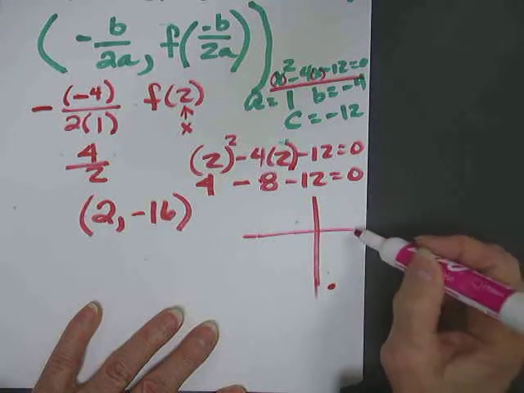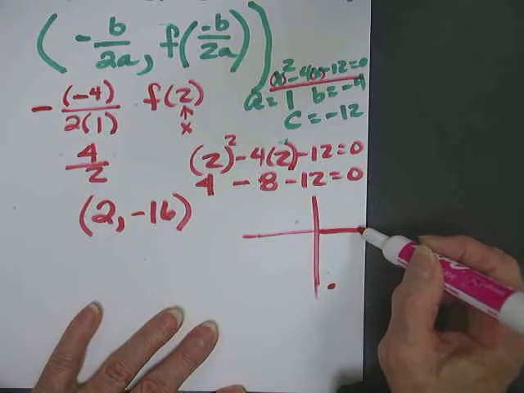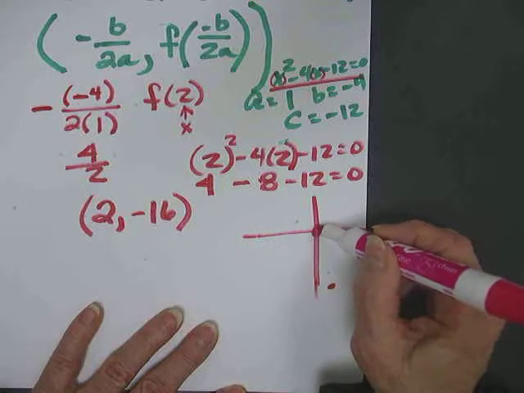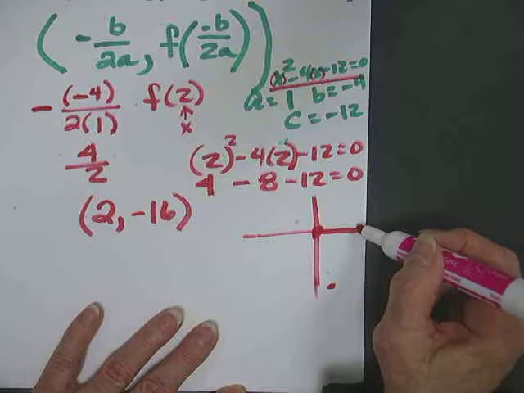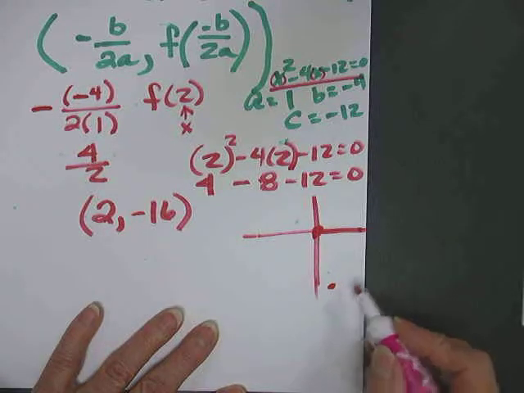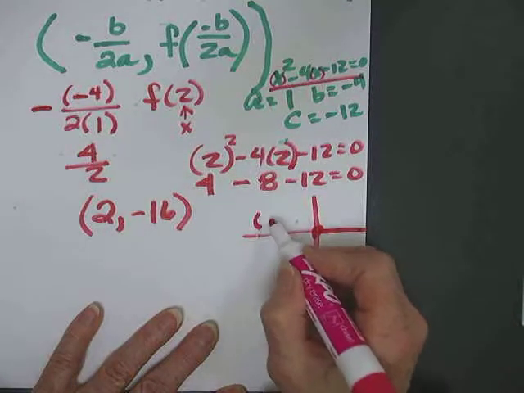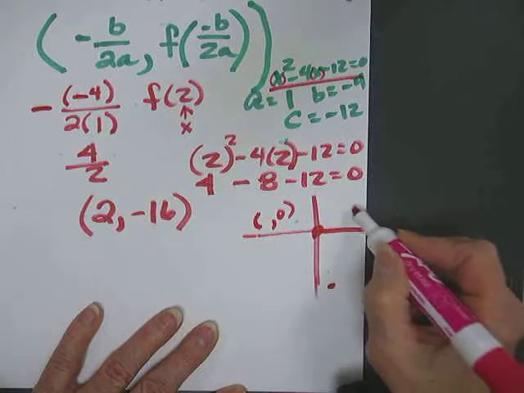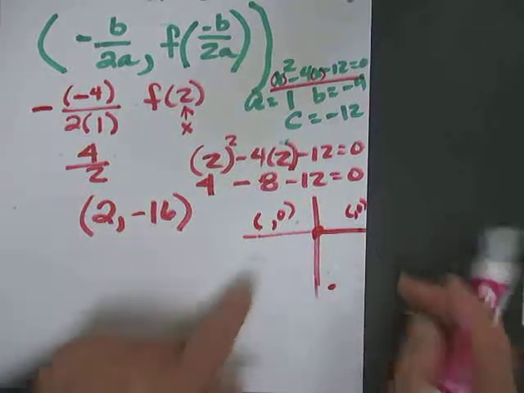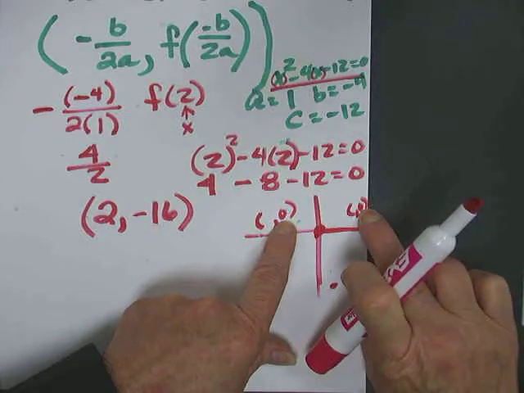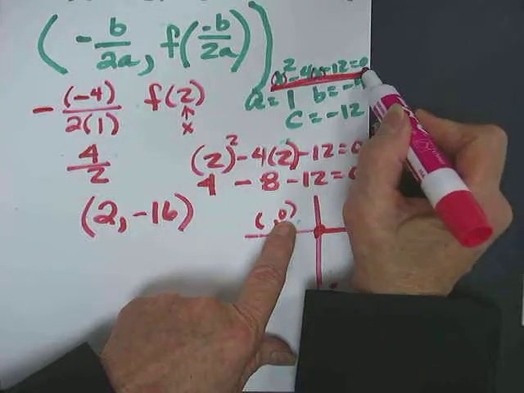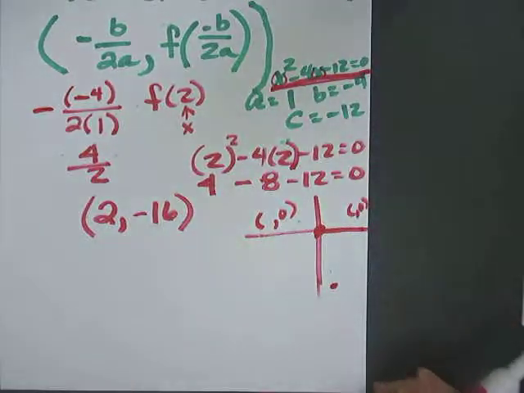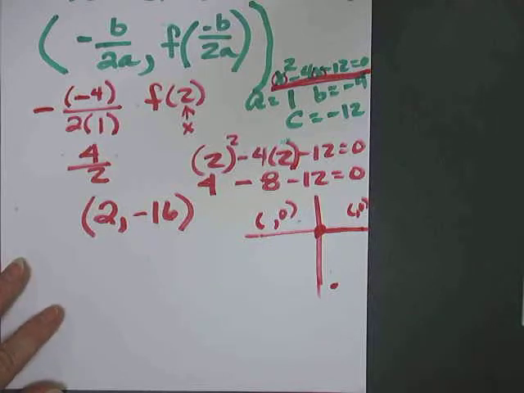We don't know where it's going to cross the x-intercept, our x. What is y when it crosses the x-axis? That's when y is 0, right? Y is 0 and x is that number, right? So the x-intercepts will be something, 0 and something, 0. So what we want is y to be 0, right? So